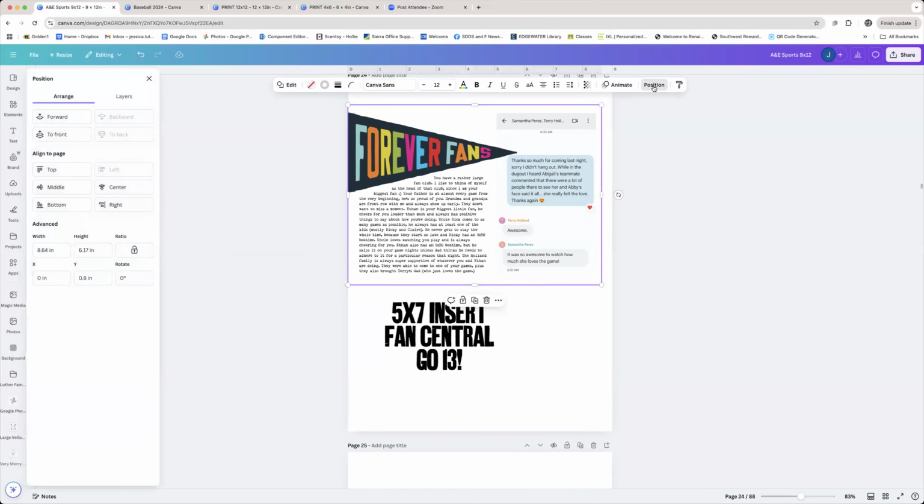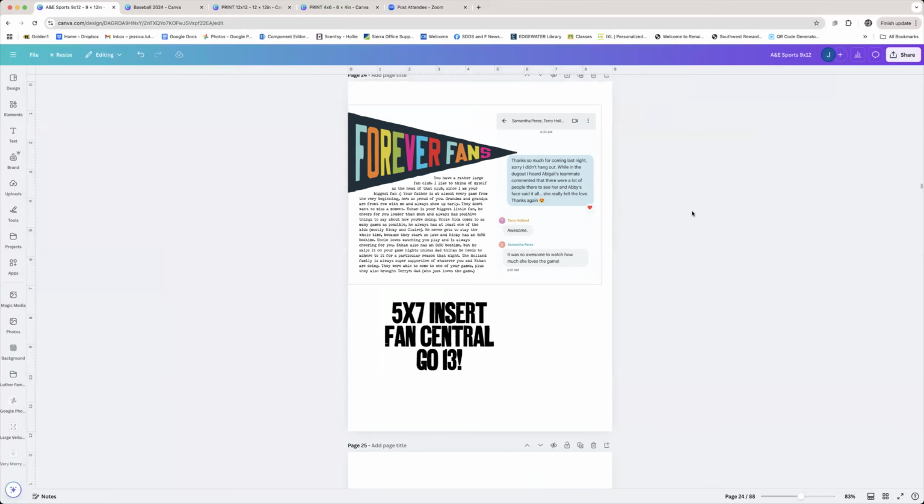So let's see. This is 8.64, so a little over 8.5 wide and a little over 6 inches tall. So that's going to print that size. And then what I'm going to do is cut a white piece of paper that is the same size for the back of that. And then I'm going to mount the 5 by 7 photo that's printed as the team photo on the other side and use a page attacher to attach this into my album. There's probably going to be a little bit of white around the edge, might be a little bit more on the bottom than there is on the top. I'm just going to have to check it out whenever I get it physical.